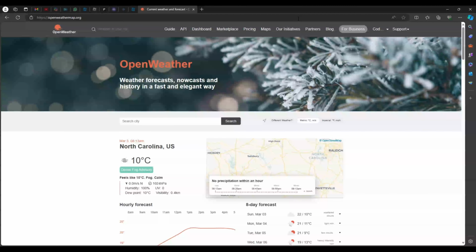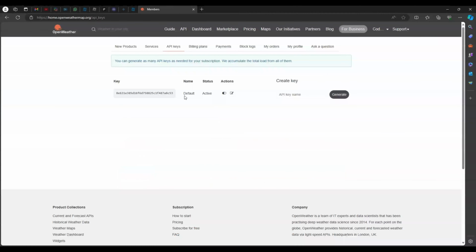Now here you need to first create an account, or if you already have an account, just sign in. If you still don't have any API key, then just copy this out. It takes approximately 10 minutes, sometimes up to 2 hours. This is your key. Double click, copy it,